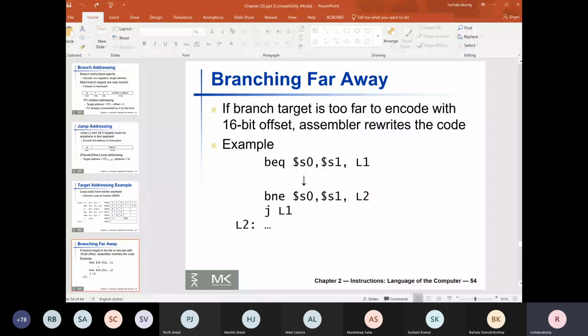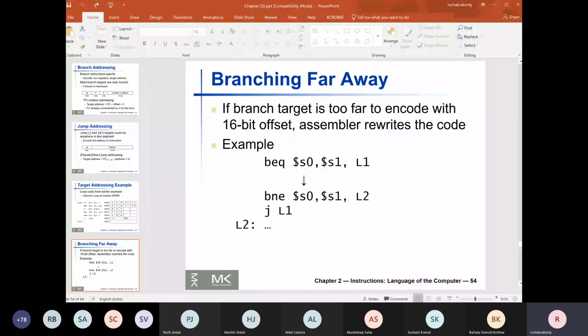In that case, the assembler looks at the label and transforms it into a collection of 2 consecutive instructions: a BNE followed by a J instruction. Why a J instruction? Because the J instruction would give you 28 bits, 26 bits actually, and 2 bits for free.